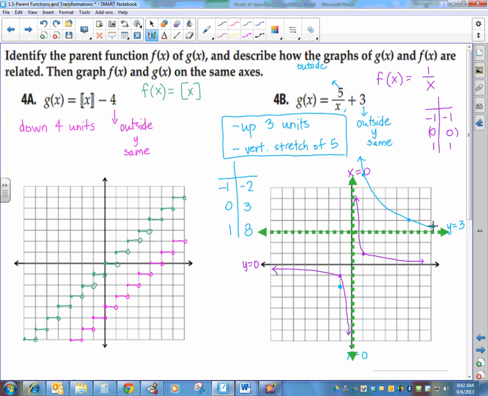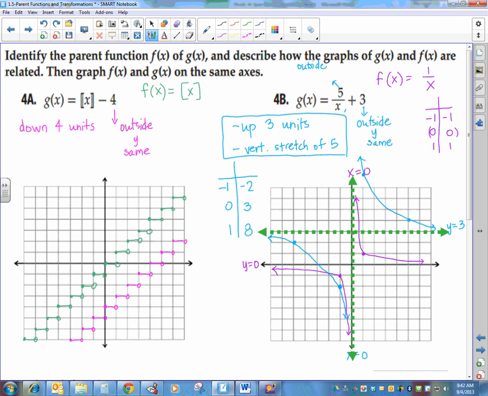Don't cross those asymptotes. Okay, so remember we went over 1 and down 5. That means I can go over 5, 1, 2, 3, 4, 5, and down 1 and connect the points so that we've got this. And that is our function,